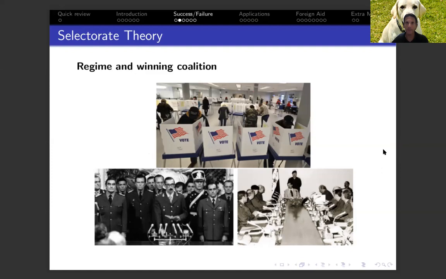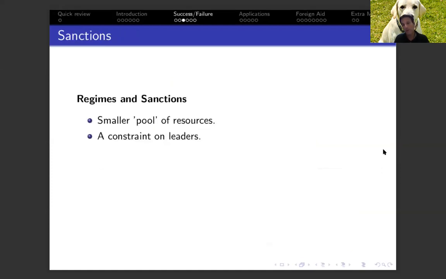Okay, so after all these foundations for selectorate theory, let's inject our topic of discussion today, economic sanctions, into this debate. When leaders face sanctions, it doesn't matter what type of leaders, the pool of resources they have to provide benefits, whether private or public, is a lot smaller. And by itself, that serves as a constraint on the leaders. One of the important arguments is that if we are able, as a sender state, to impose sanctions on key supporters of the leaders in the target state, we're more likely to be successful.